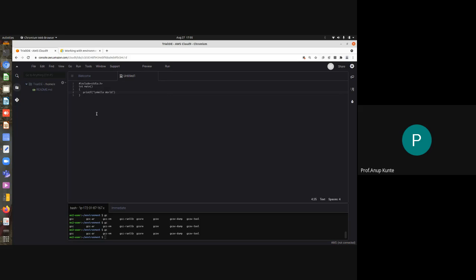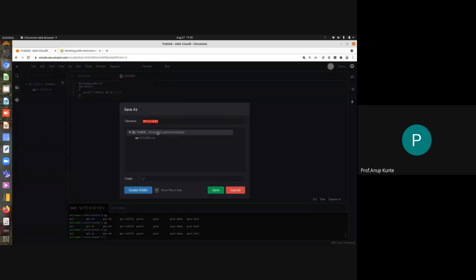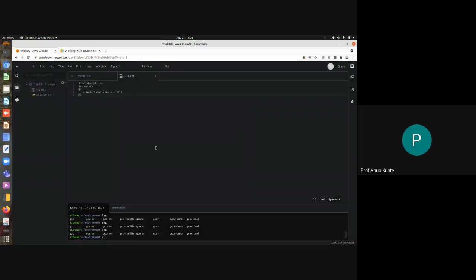I'm just writing it for the sake of understanding. So I want to save this. How do I save this? I just right click or press Control S. Okay, Control S works over here. So this is the home EC2 user environment, and I have created this file as myfile.c. I've created this file and saved it. You can also create a folder. If I check now with ls, you will find that the file is created on my instance.